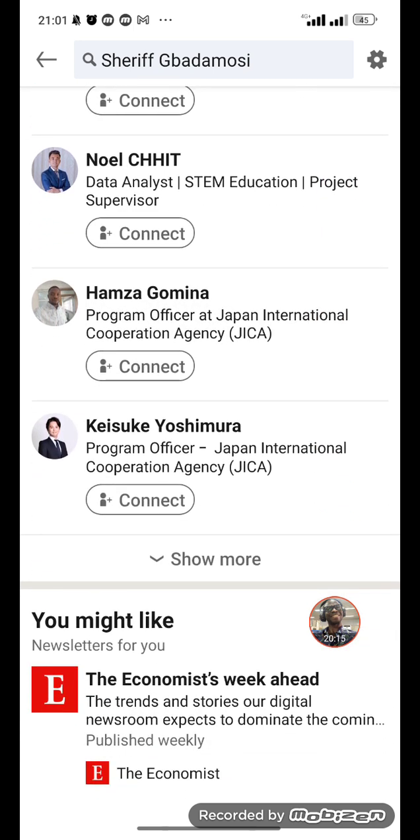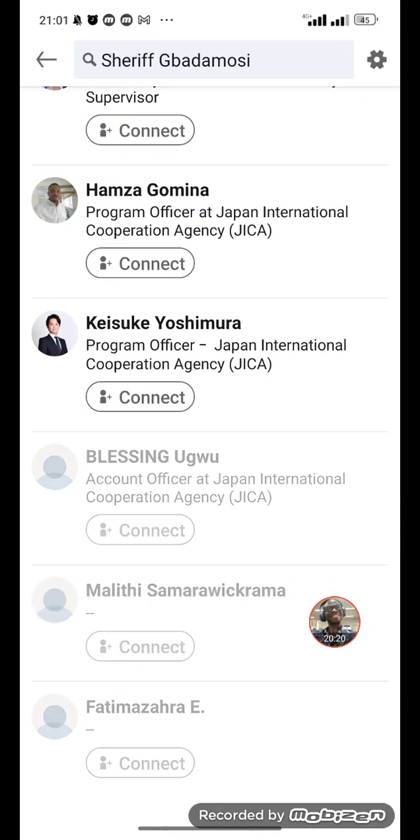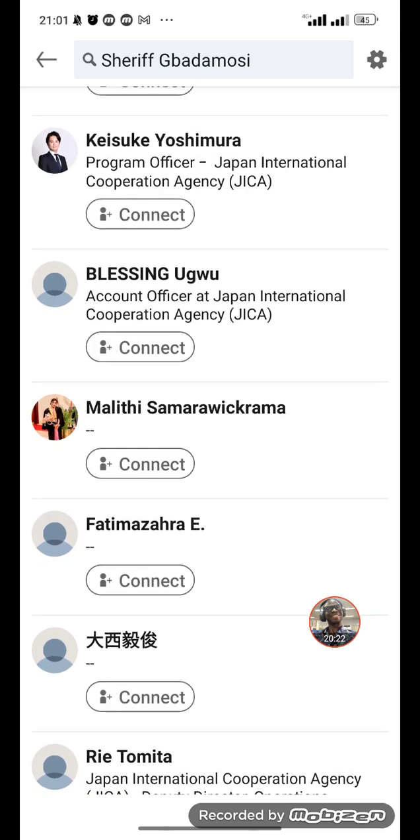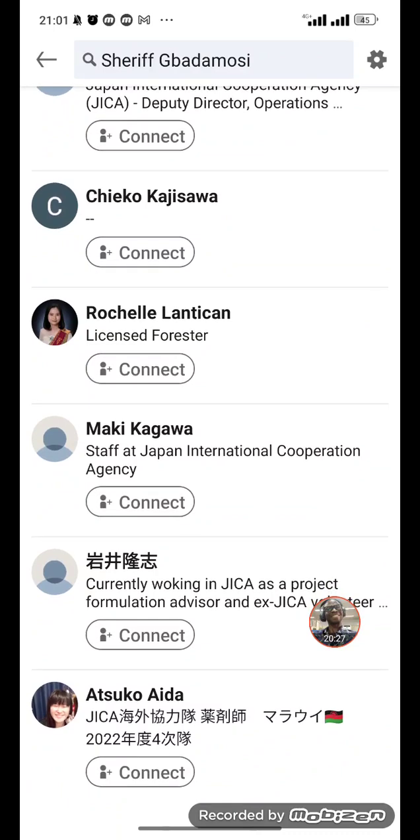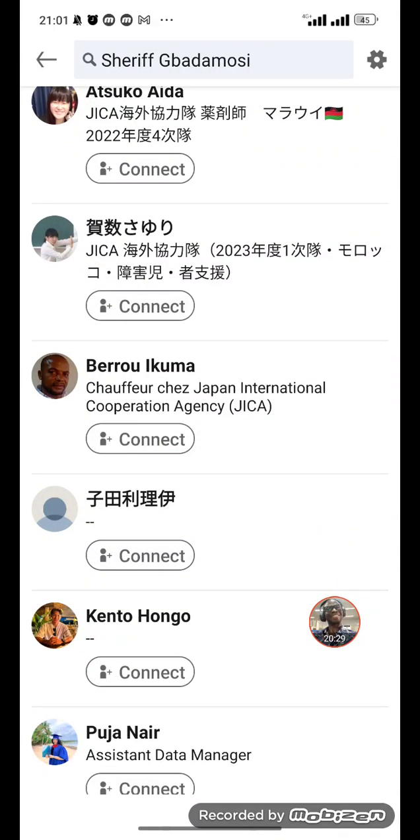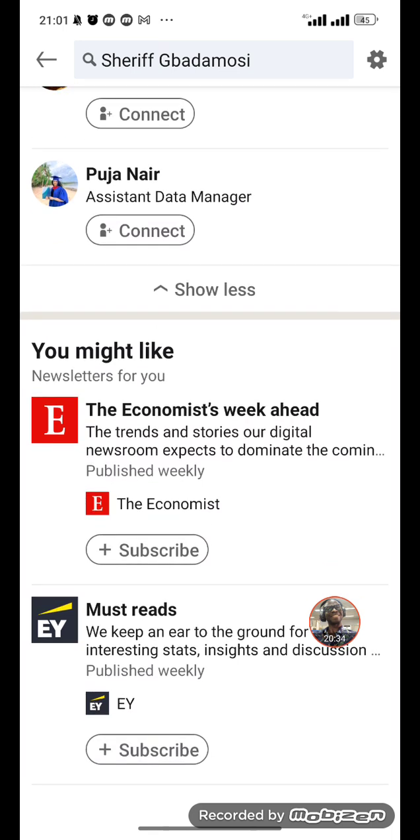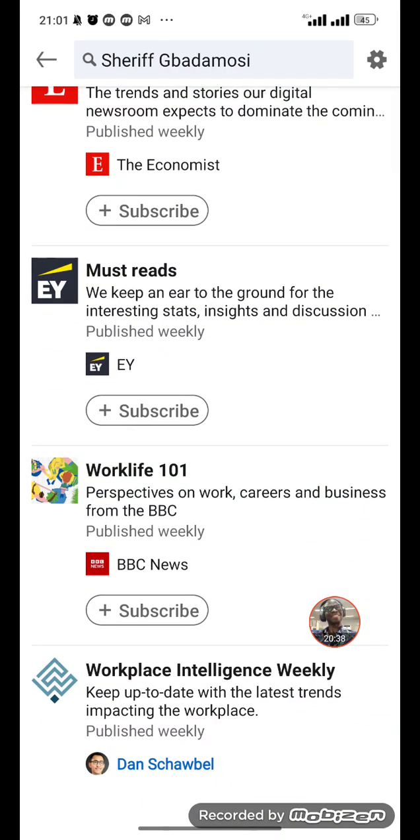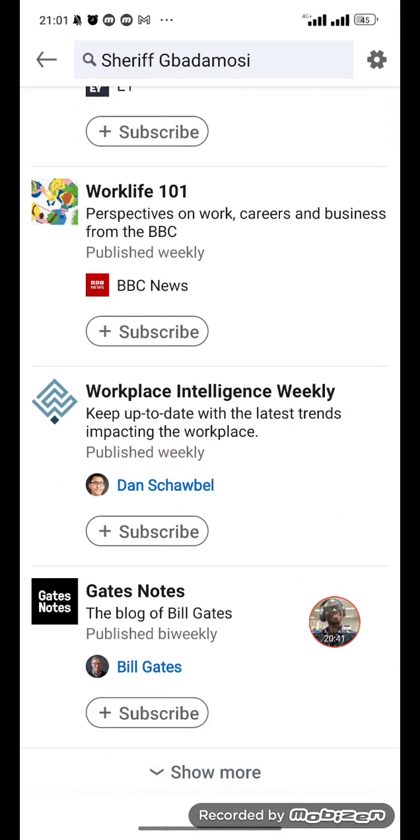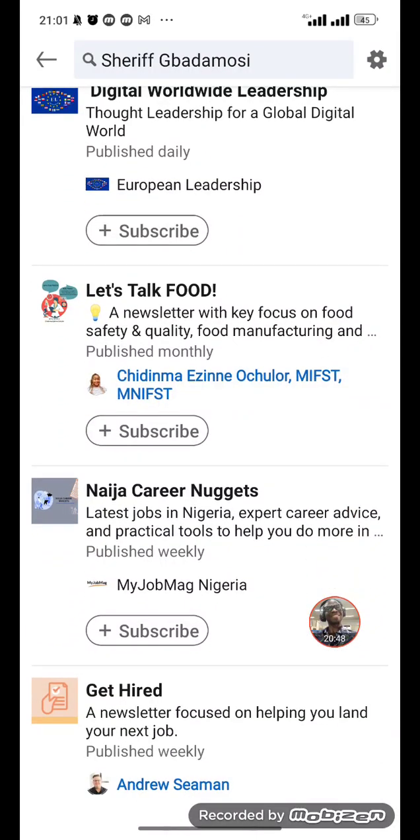So as you see, this one now is bringing a lot of people from JICA, because I've been working at JICA for almost 5 years now. So people you may know will now be people from friends of friends, companies you've worked with before, people you have chatted with before that know somebody that knows you. It also revolves around the kind of content you share online and the kind of people you follow. So these are a few things you need to know